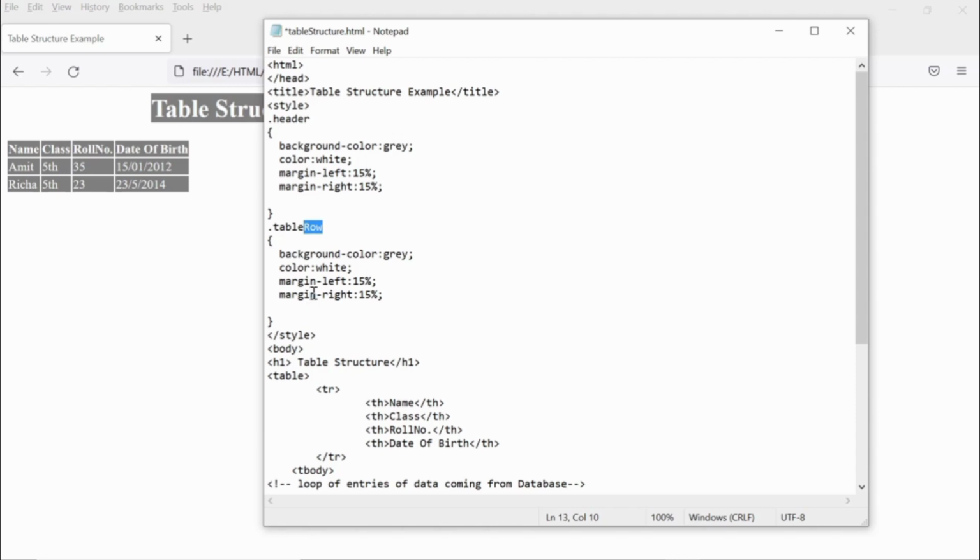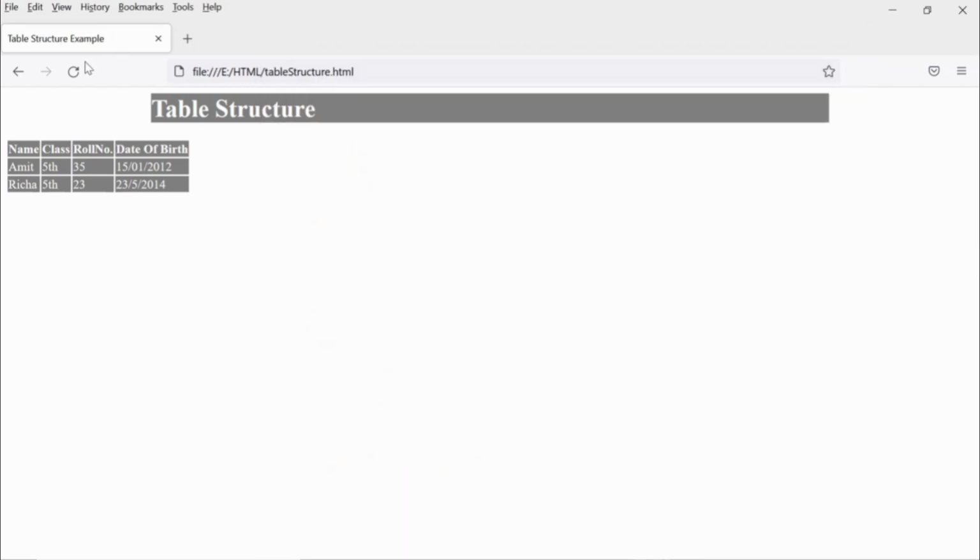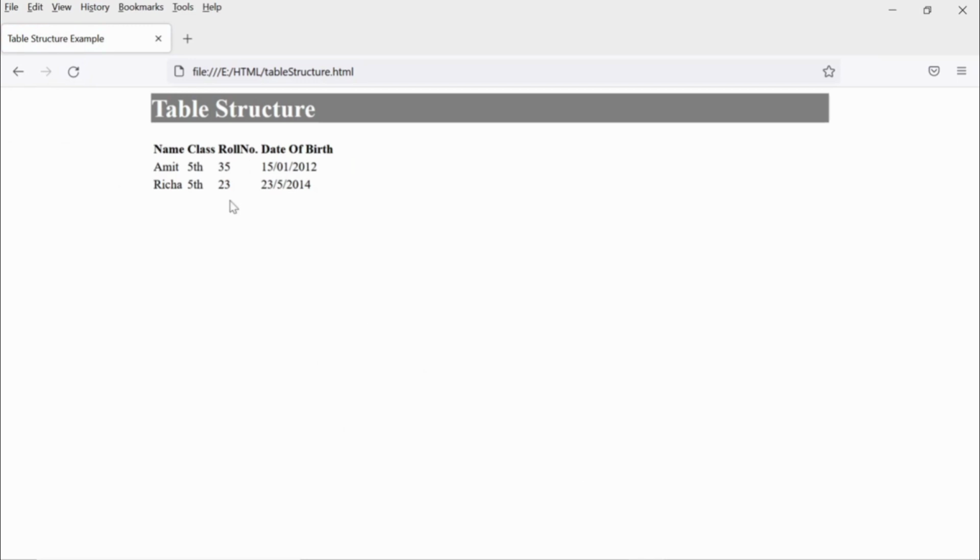You can put it inside the table element. So here I have applied the class name header to the header element, and student table to the student table element. Let's see it in the browser.